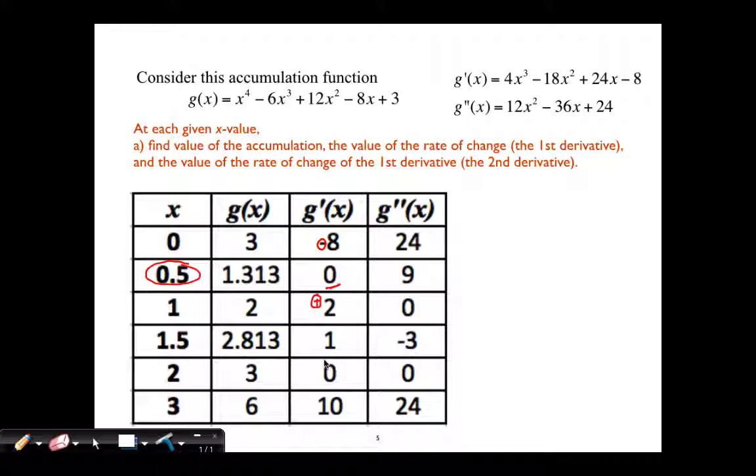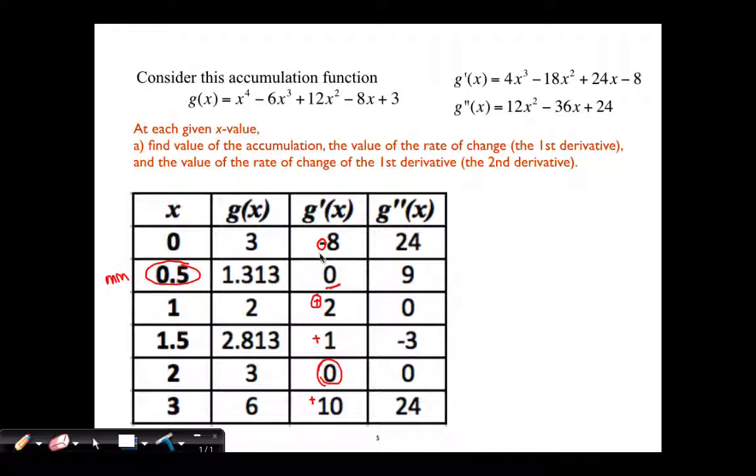But there's this other 0 of a derivative later, where on either side, a half unit to the left and a full unit to the right, I've got positive first derivatives. So I've got a low positive first derivative. I can see this, I've got a flat spot here, which we said was a local minimum, where we know that because the derivative changed from negative to positive, or again, just confirming with a graph, because you'd literally need to determine where are all the zeros of the first derivative, or in other words, where are all these critical values. But just looking at this, I can justify that this is probably a local minimum,